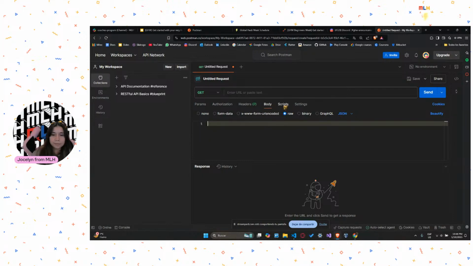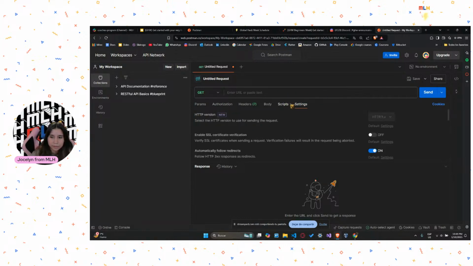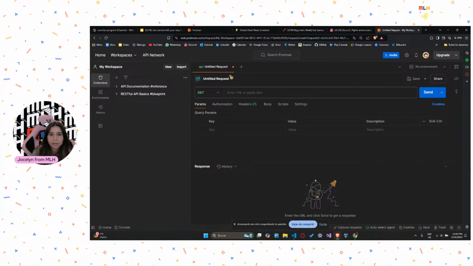Great. Then we have scripts. This is in case you want to make things more automatized, but we will not be getting into that today, as it is a bit more complex. And then settings, this is super extra, so don't worry. And then over here you can save your endpoint. In case I have more endpoints and I want to save it, then I just click on save. And to send it, you just click on send. Okay, so I think I talked enough about this. So let's go ahead and get started with our